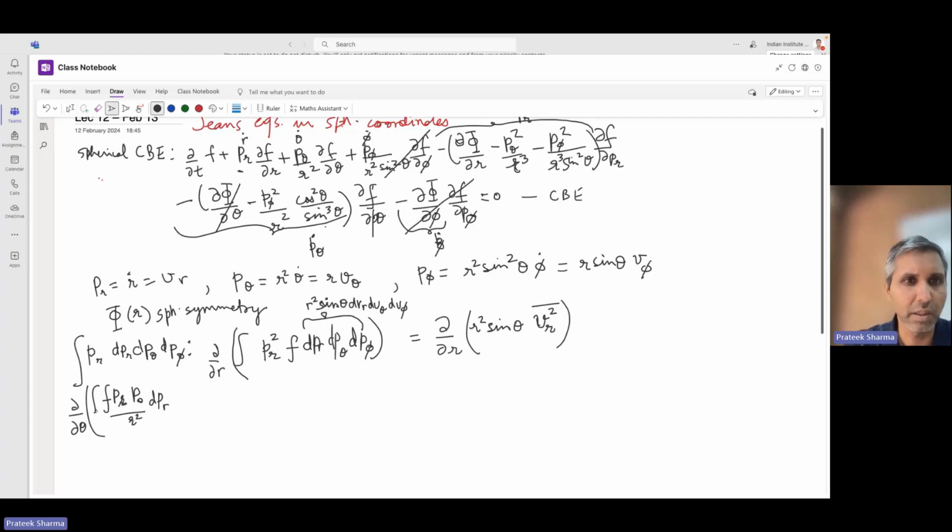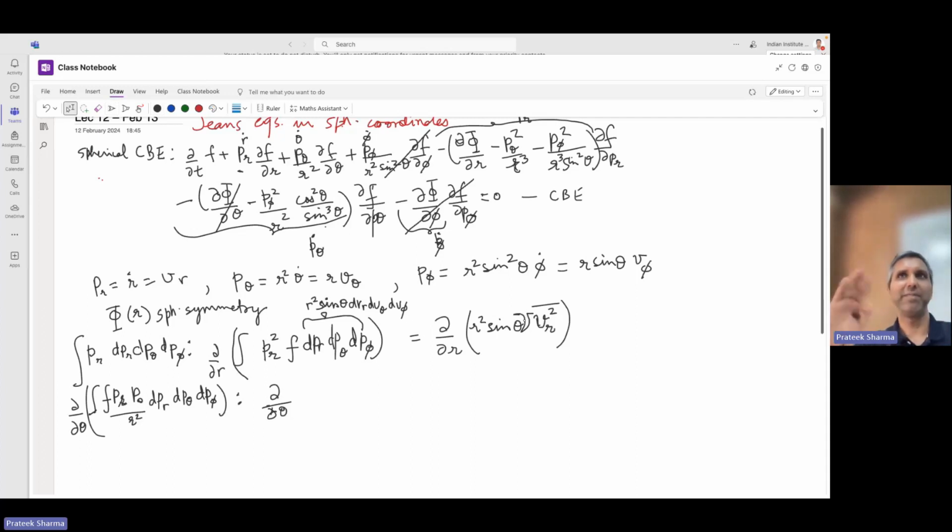So this integral over dp_theta dp_phi is just ∂/∂theta of